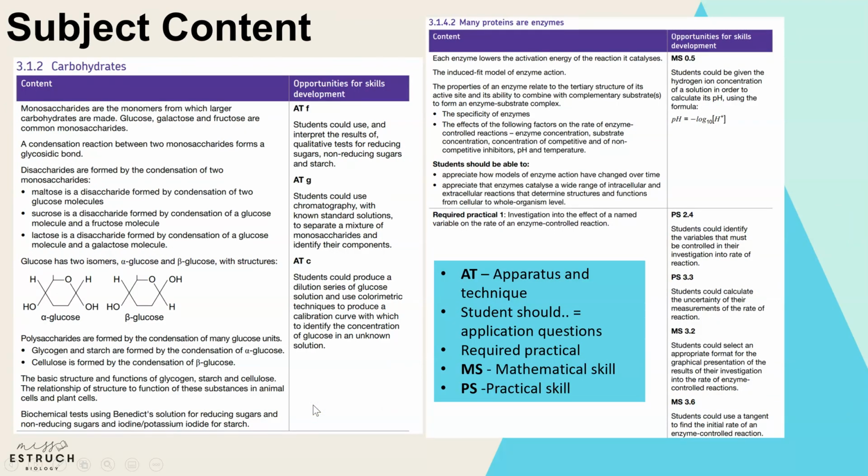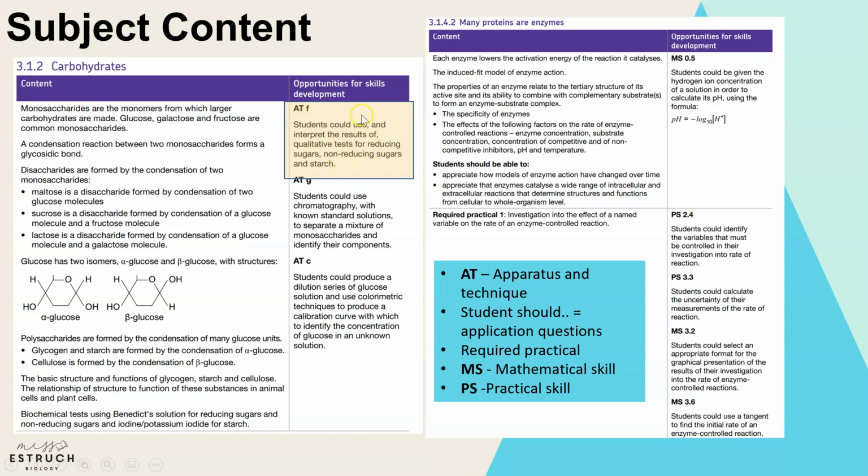Now, the subject content. This is the key part of the specification. And sometimes this is the only part that students are aware of that exists. And this is where for every single topic, they give you an outline of what you need to learn. Now, the first thing I'm going to go through is just what these codes mean on the opportunities for skills development side. So we can see here we've got ATF, and they've given some information there about reducing sugars and